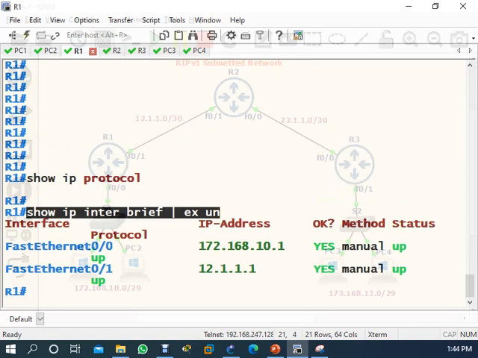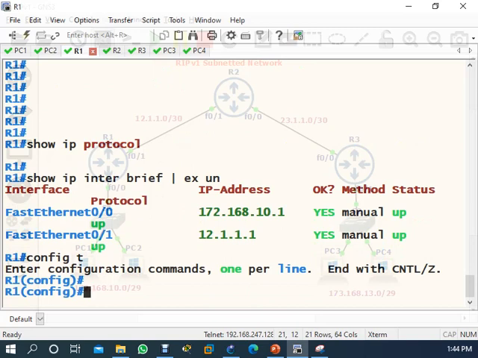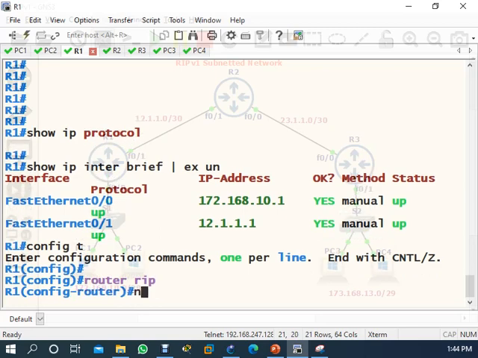Now come here, enable RIP. Type conf t, router rip. Enter. Network, the connected network. Space.